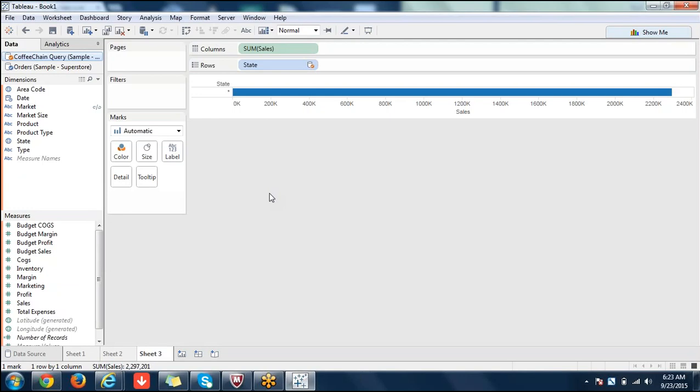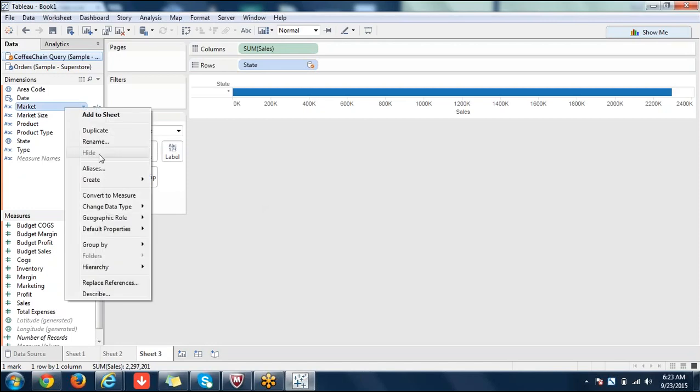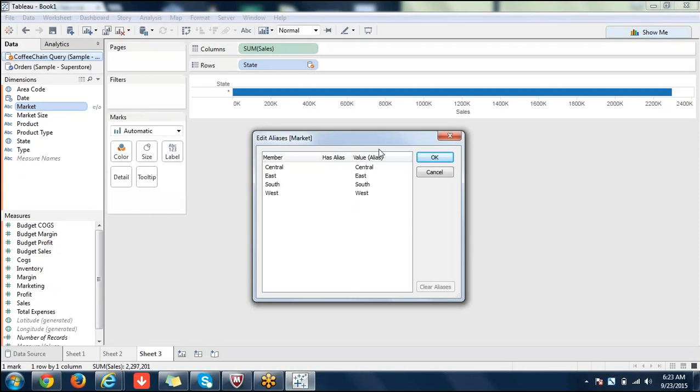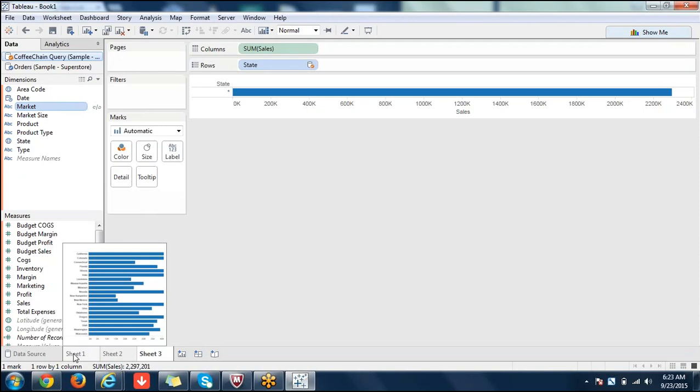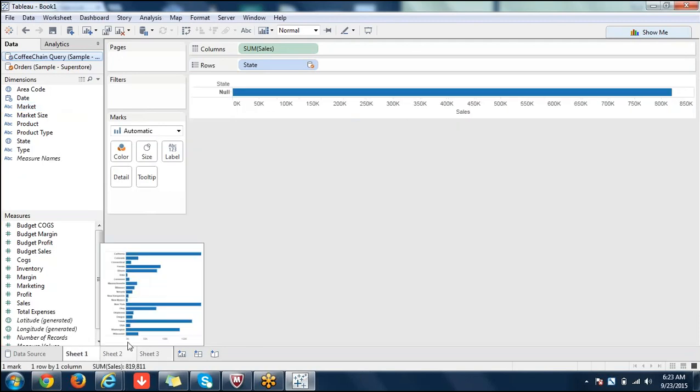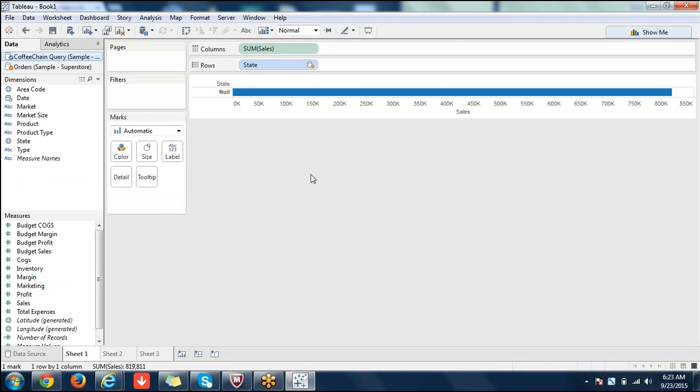So when your blending is not right, like this, because market has different aliases, it should actually be joined with region, that's why it's not pulling a single thing here. Asterisk will show up whenever there are no matching records, not even a single matching record. Please remember, asterisk will appear only when there are no matching records. This is one scenario. And when will you see null values?